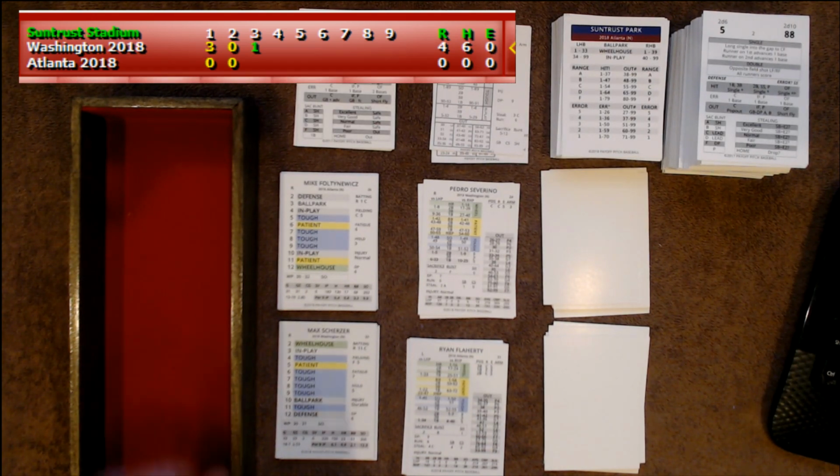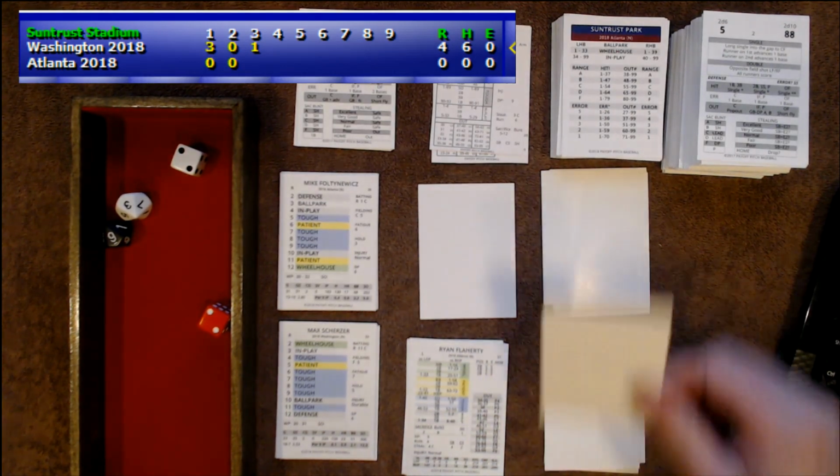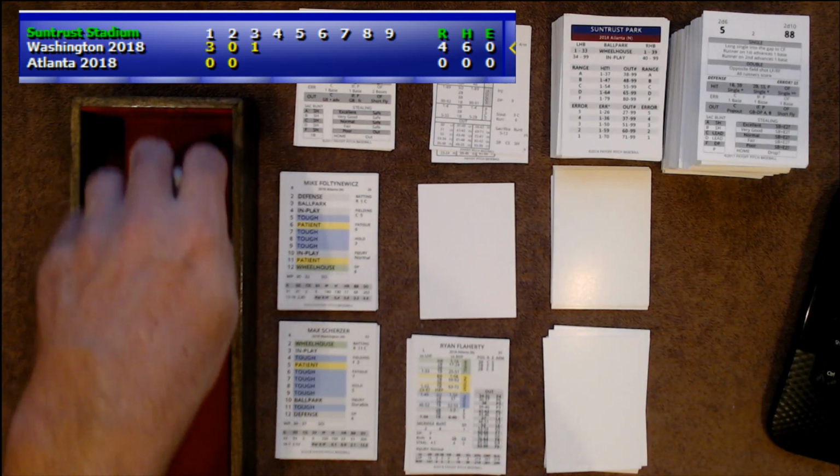Two away now. That's a 4. 4 is in play, but a 93 in play is going to be too high. And that's going to be a fly ball out to left field, and that's going to do it for Fultonevich. He gets through with only giving up 1 run,